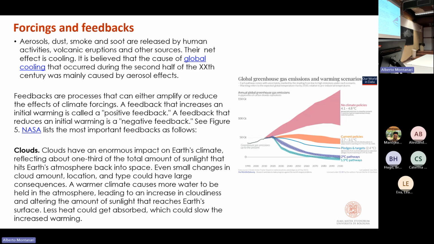Also, here there is a mention of the relevant role of clouds. Clouds is water vapor, so I already mentioned that this is extremely important. But on the other hand, it gives me the opportunity to talk about feedbacks. A change in a given system originates a feedback. What is the feedback? The feedback is the reaction of the system to the change. So, for instance, if we feel cold, if we feel that the air is too cool for us, our feedback is to put some additional clothes on.